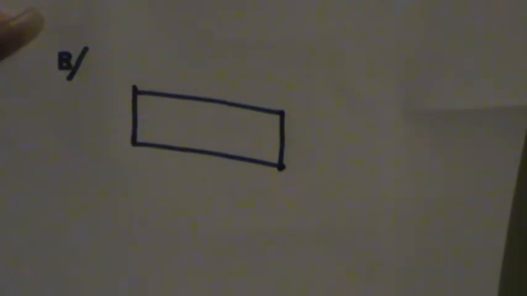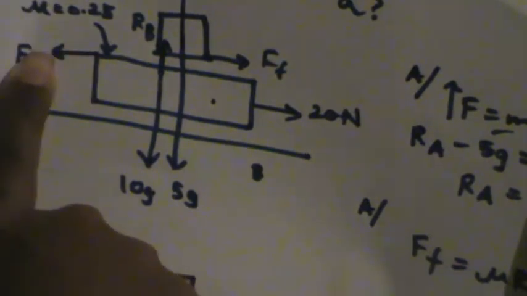And if you take B, a 20 newton force will be acting in this direction, and the force Ff, which we just calculated as 12.5 newtons, will be applied in the opposite direction. So this will be 20 newtons, and this will be 12.5 newtons. For A, I can put F equals ma in this direction because there is only one force. So the force is 12.5.